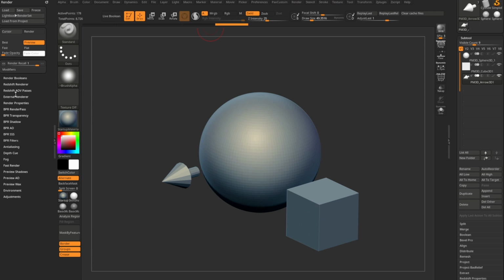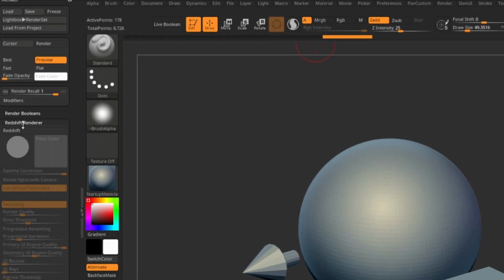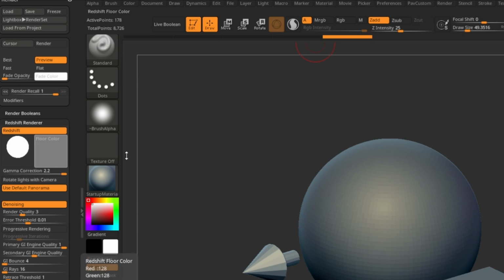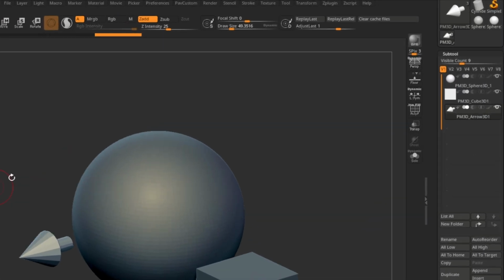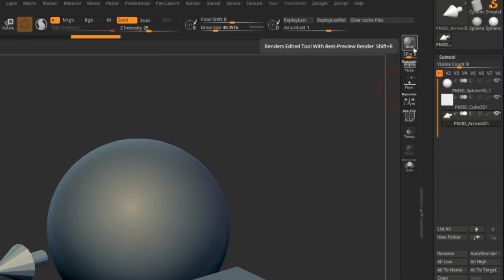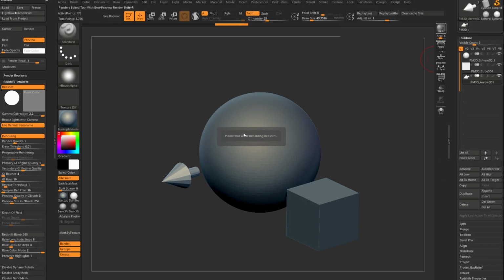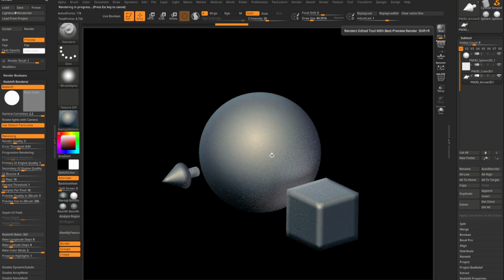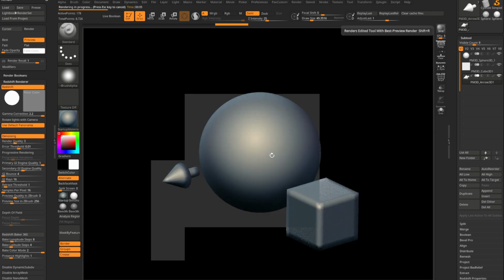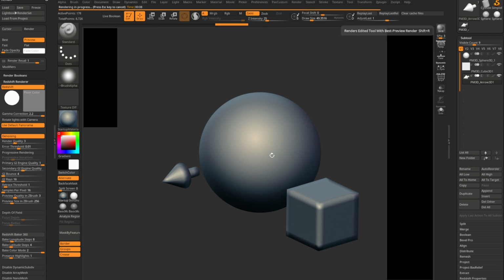First thing we're going to do is open up this Redshift renderer submenu and click on this Redshift button. What that's going to tell ZBrush is every time I hit this BPR render or hit Shift R, it's going to kick off a Redshift render. The first time you do that, it's going to want to initialize Redshift, send the data over. So it's going to take a little bit longer, but once it's done that, every subsequent render should go a little bit faster. So here you're going to see instead of the BPR render, we're going to get a nice